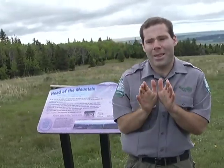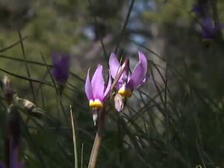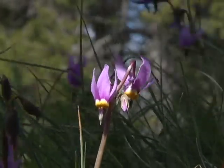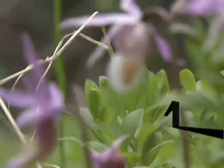It only flowers in May and June, and then it will disappear for the summer months. The reason it's called mountain shooting star, it has this lovely yellow tip on the end of the flower, and then the sepals, or the flower, actually peel back. So it looks like it's shooting into the ground, and hence that's where it gets its name from. It's commonly found in higher elevations, so you can find it here in Cypress and over in the foothills in the Rocky Mountains themselves. For more information about flowers in the Cypress Hills, you can call the Visitor Center at